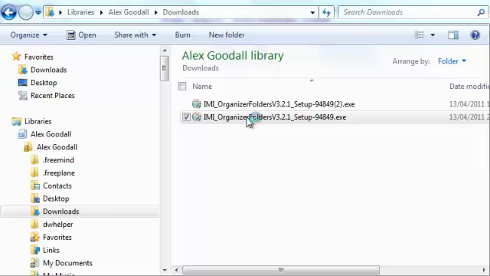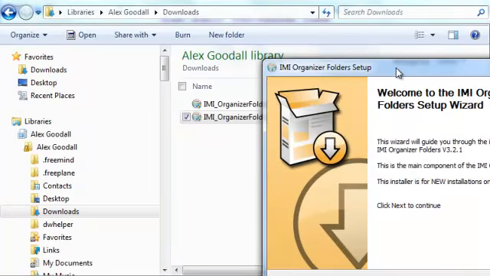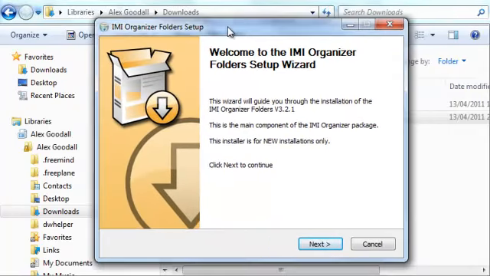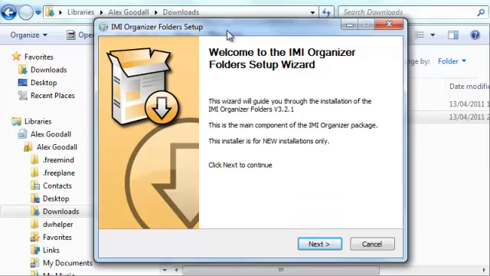I've clicked on there. I've got a little pop-up that says user account control. Do you want to allow the following program from an unknown publisher to make changes to this computer? I'm going to click yes to that. And now you can see the window that comes up. You may or may not get that pop-up depending on your operating system and your settings. But the important point is to get to here, which is the start of the